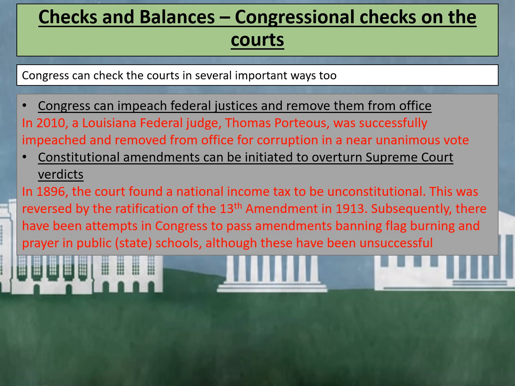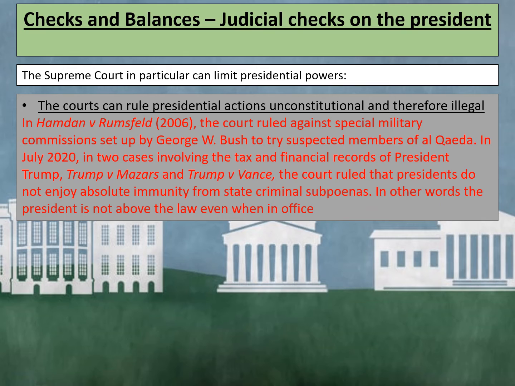In 1896, the court found a national income tax to be unconstitutional. This was reversed by the ratification of the 16th Amendment in 1913. Subsequently, there have been attempts in Congress to pass amendments banning flag burning and prayer in schools, although these have been unsuccessful. The Supreme Court, in particular, can limit presidential powers by having the courts rule presidential actions as unconstitutional